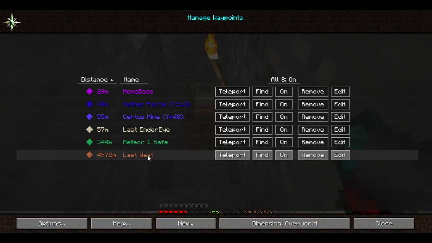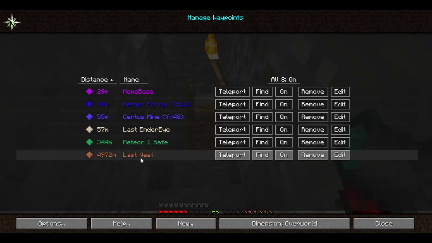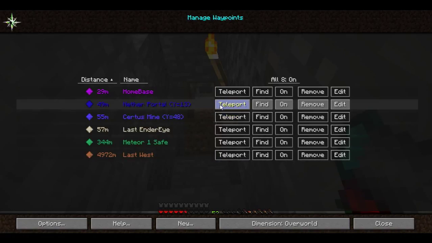It's horrible. But so what I've been doing is, I figure instead of going in circles, I just travel in one direction and keep going that direction until I find a swamp or a desert. So I have this last west, which is a waypoint, the last place I was going on my journey. So I can just teleport there and then continue heading west and hopefully find something. But anyway, I'm going to teleport now to my nether portal. So Certus Mine